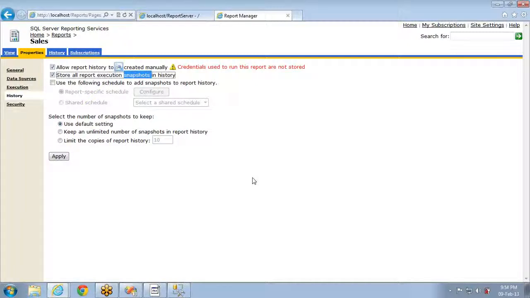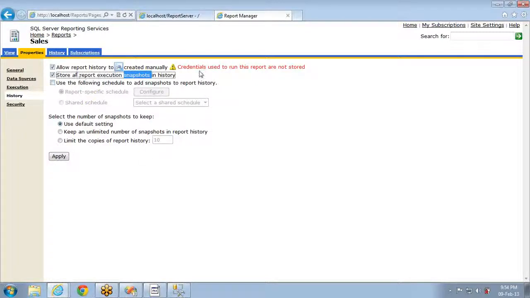It will be ready to use by the time the users log in. Like 12 a.m. in the morning, nobody will be pointing, right? Or 4 a.m. in the morning, nobody will be looking at the reports. So at that time, they will schedule to generate the snapshot of a report, which will be ready by the time the users log into the machines.